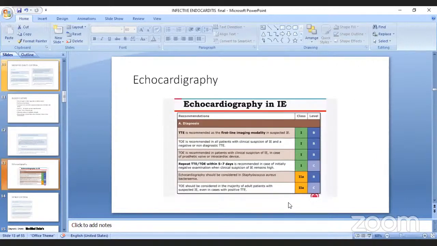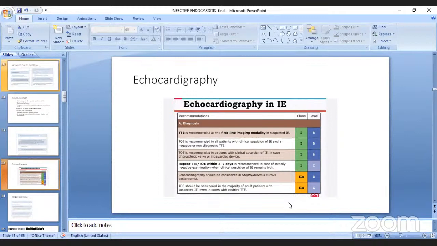For that, the ESC, the European Society, has given us some guidelines which say that transthoracic echocardiography is the first line imaging modality for any case of suspected IE. But you have to remember one thing: TOE, that is transesophageal echocardiography, is recommended in all patients with clinical suspicion of infective endocarditis and a negative or non-diagnostic TTE. This means the patient is showing you all the signs of infective endocarditis, all the vascular phenomena are present, but when you do an echocardiography, you do not find anything. Then you will go for a